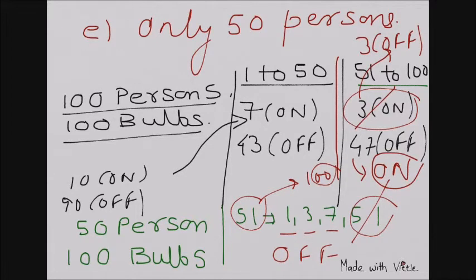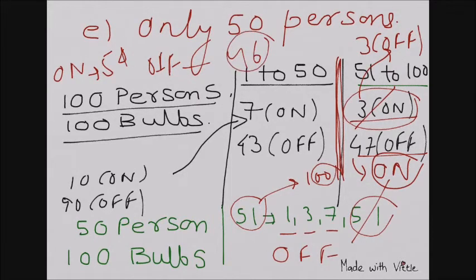So what will happen in this case? This will be off and this will remain on, and there will be no effect for 1 to 50. So how many on? 54, and off will be 46. And this is our answer, and you can check with a few numbers what is happening over here and verify why it is related to the placement of factors in the positions and how the numbers and factors are reducing due to any situation. But the concept is to understand how these factors are working in this question.